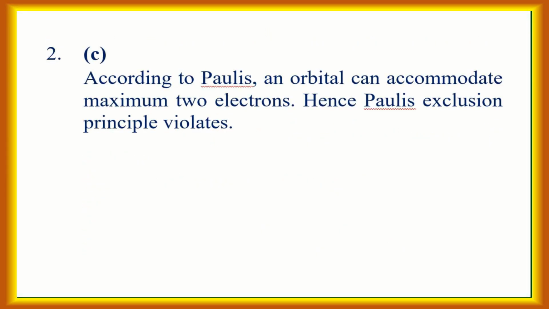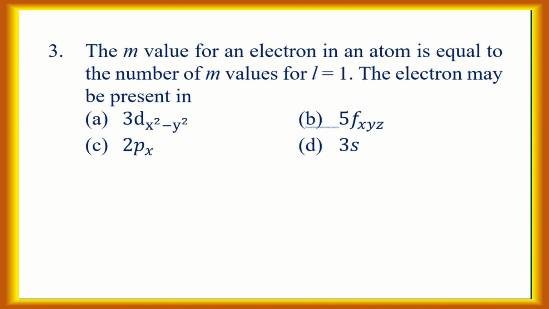Pauli exclusion principle. According to the Pauli exclusion principle, an orbital can accommodate a maximum of 2 electrons, hence the Pauli exclusion principle is violated. And next, question 3. The m value for an electron in an atom is equal to the number of m